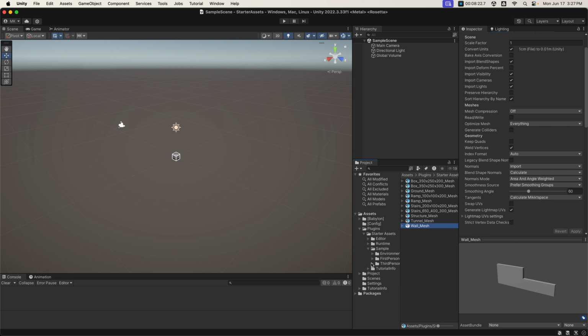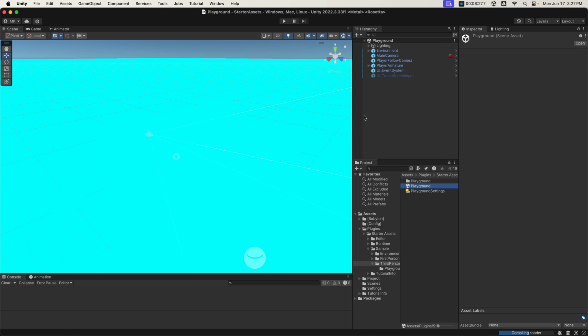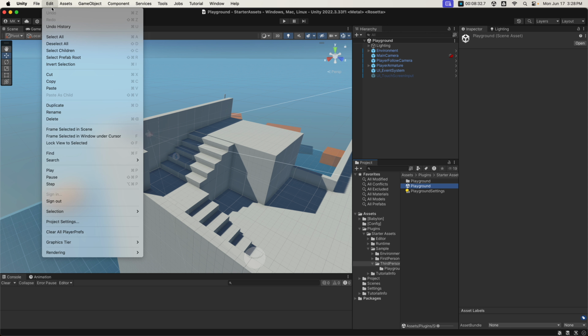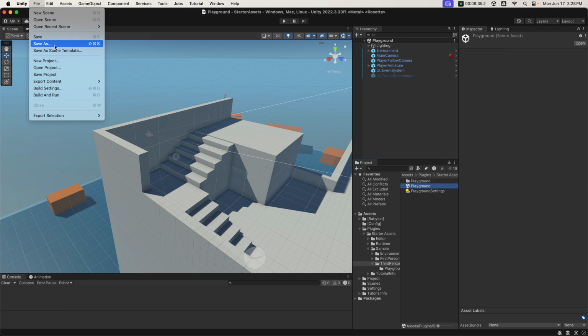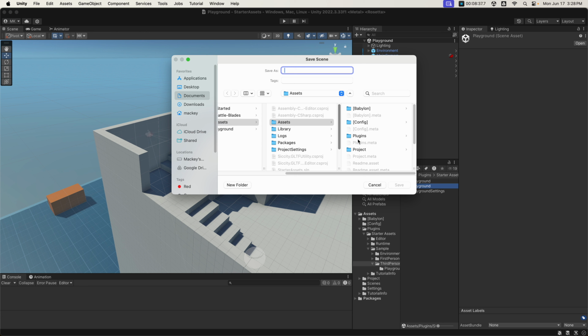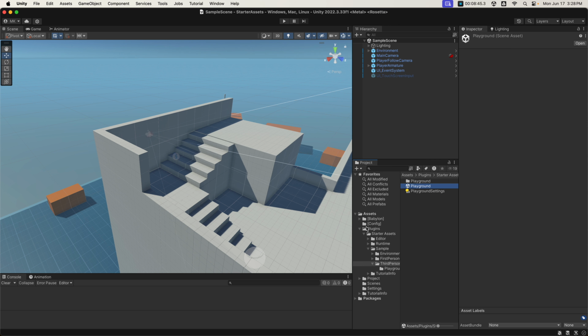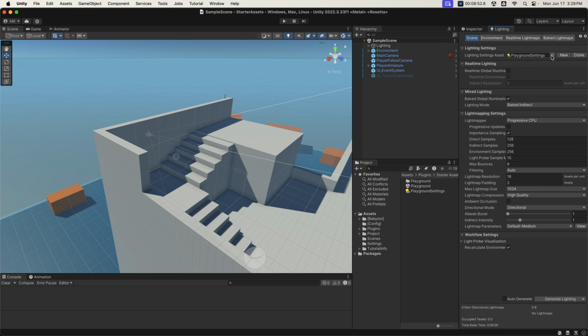Now we can go to the third person, load the playground. So we don't destroy our assets or write over, we're going to save as, and we'll come over to our project scenes folder and we're going to save it and overwrite the sample scene. Now we can go to the scene's lighting. We're going to change this to our new default lighting, and all of our settings are the same, so we